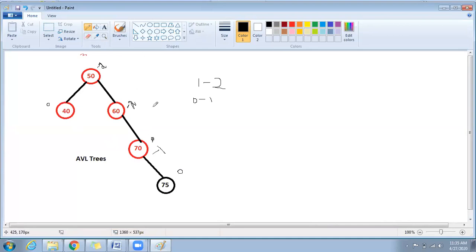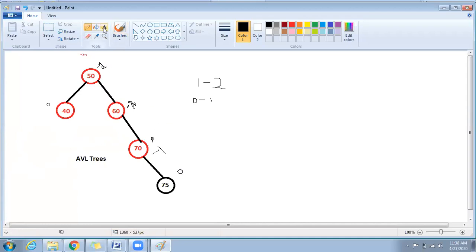So whether it is an AVL tree? No, ma'am. Correct. But it is a perfect binary search tree, you agree with me? Yes, ma'am. It is a perfect binary search tree, but it is not an AVL tree. So what is the solution? When the height balancing factor is violated, we have to make the tree balanced. If we get a tree like this where the height is not balanced, we have to do something and make the tree perfect.